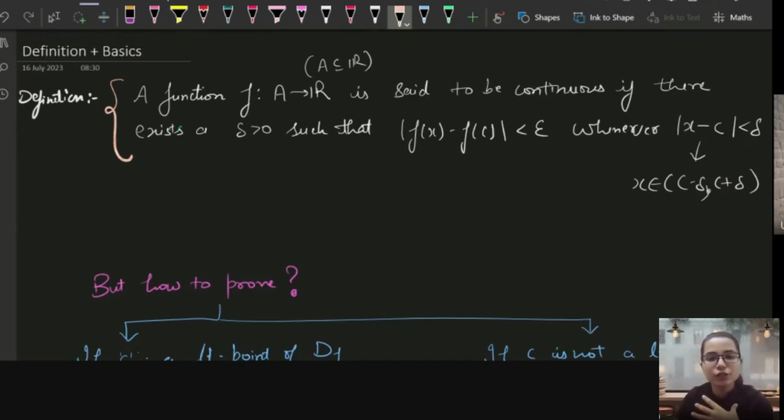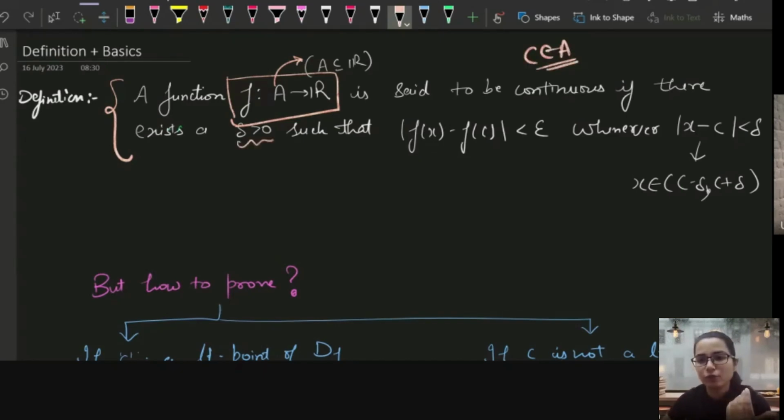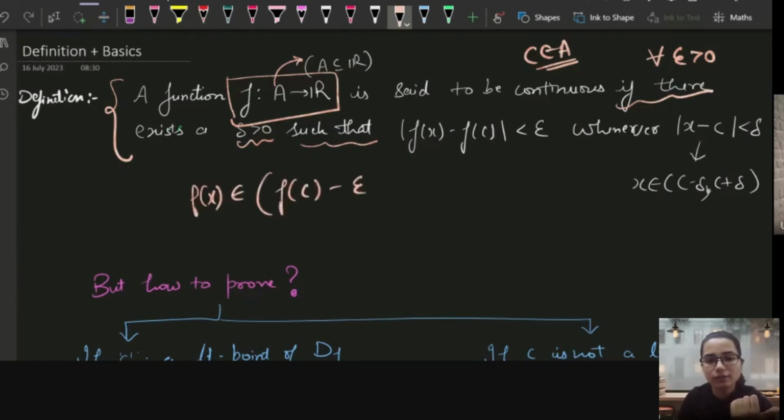It says that if a function is defined from a set A to real numbers, where A is a subset of real numbers, it can be the real number set or it can be a proper subset of real numbers, then we say that f is continuous in A, or at any point of A. Let's say C belongs to A. We say that f is continuous if there exists a delta for each epsilon. For all epsilon greater than 0, there exists a delta greater than 0, such that whenever my function belongs to this interval,